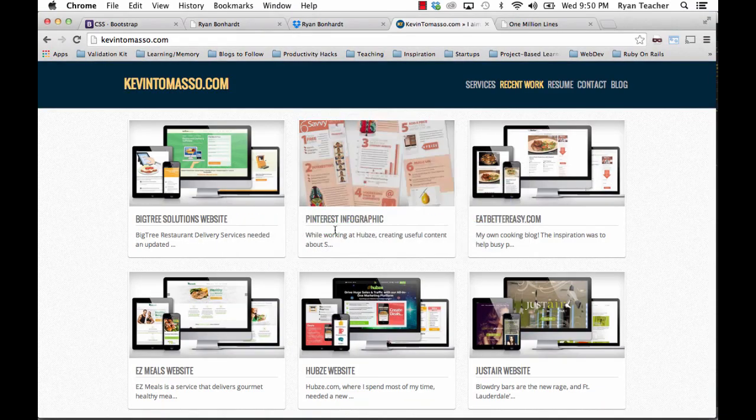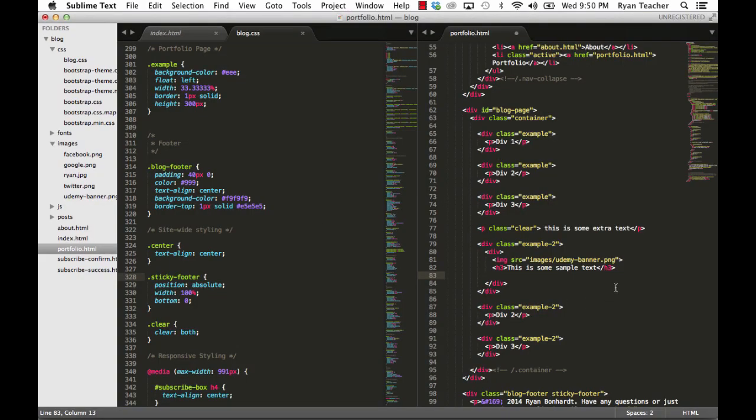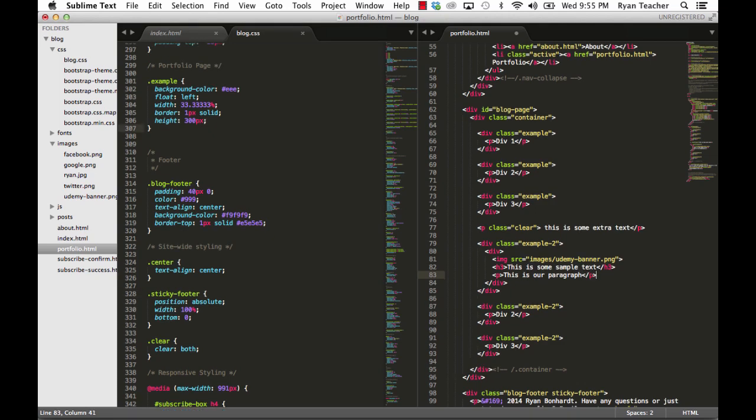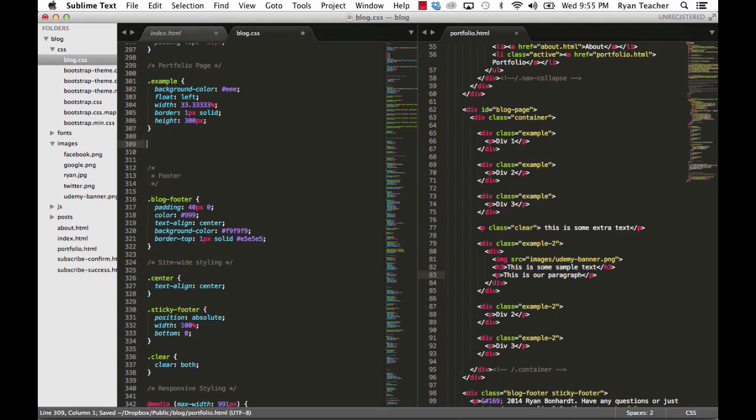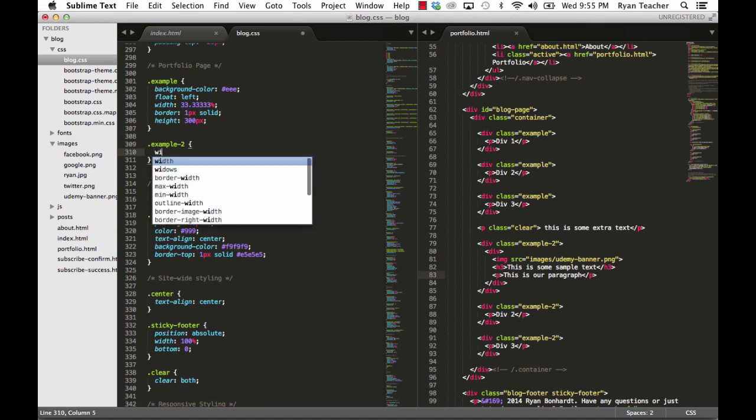And what do we got here? We'll do a nice little border bottom there for that. So paragraph, this is our paragraph. All right, save that. What we want to do is come over here and say class of example 2